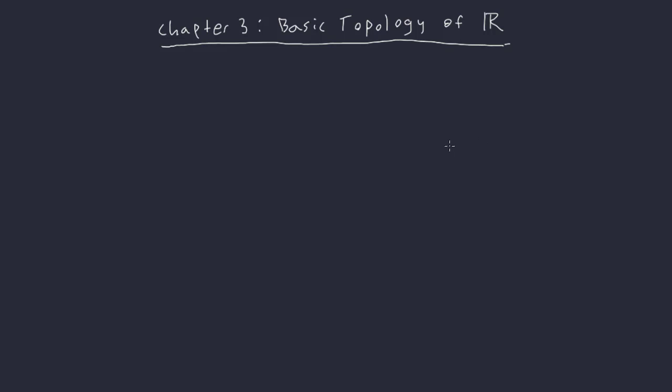Alright, hello class. In this video we are going to move on to chapter 3, which is all about the basic topology of R. And whenever you hear the term topology in mathematics, it's usually talking about sets and properties of sets. And that's really what we're going to talk about in this chapter. And specifically, we need better definitions for open set and closed set. All right, so that's the motivation here,